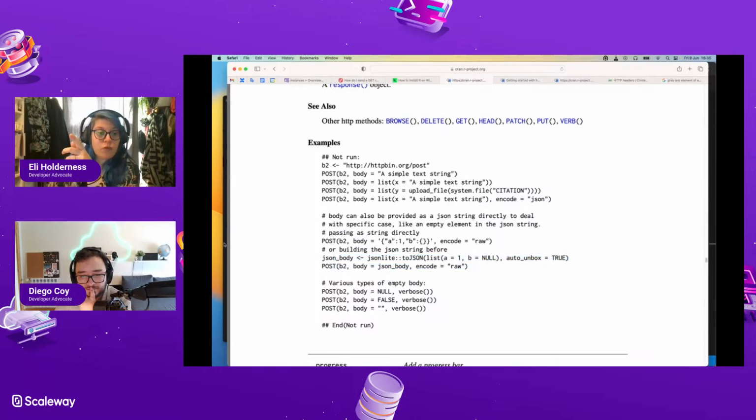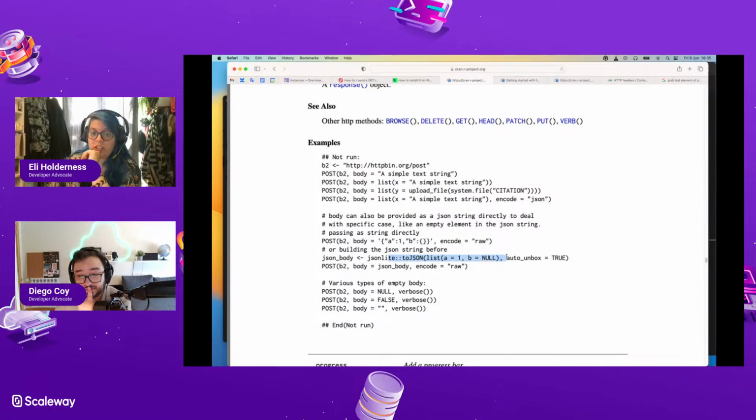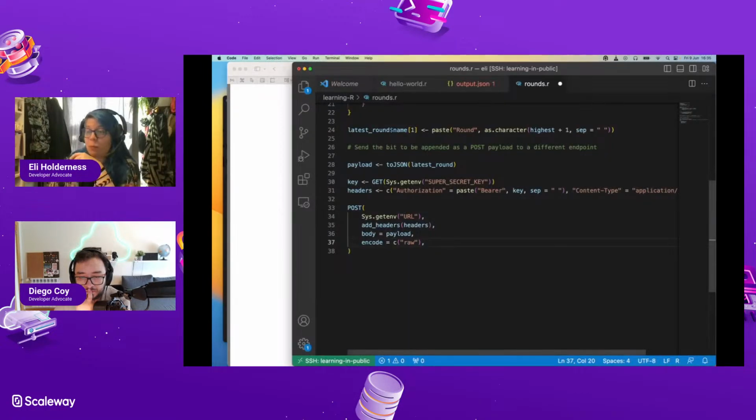Oh, encode equals raw, actually here. Yeah, but we are using JSON. Yeah, but they're doing the exact same thing we are when we did to JSON. Yeah. Okay. And it doesn't encode raw. But our problem is before that anyway. Yeah. I don't know why it's giving me the wrong. I'm just going to put in the literal. I'm going to put in the URL and see if that fixes it. Because if that doesn't fix it, then we know the problem is somewhere else. Right.